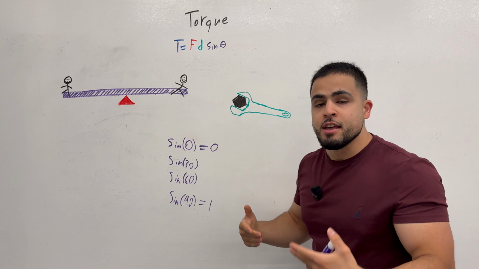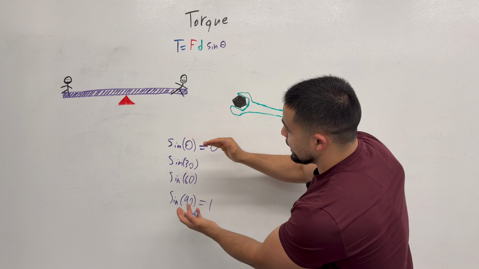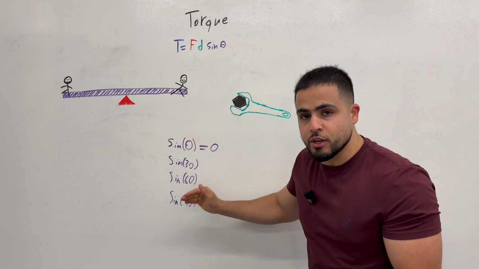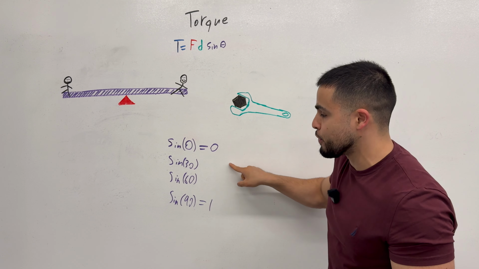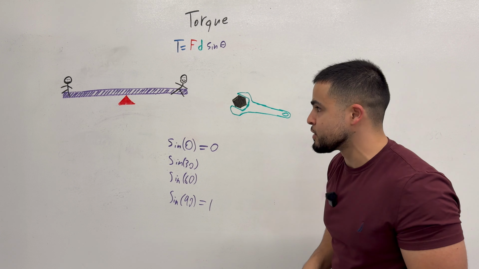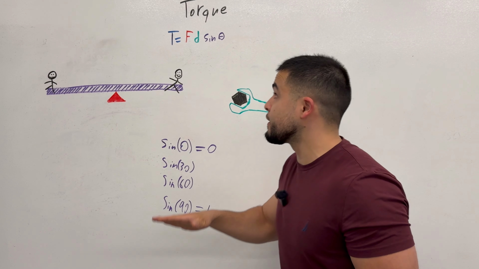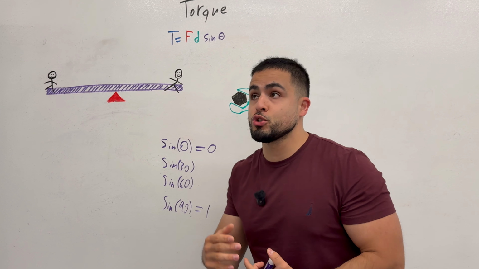And so that's the idea. And of course, if you're between an angle of 0 to 90, as you increase the angle, you're increasing your sine. So this would be a sine, this would be equal to 0.5, this would be equal to 0.86. All right, so now that you have the intuitive understanding of the torque equation and the variables involved in it,